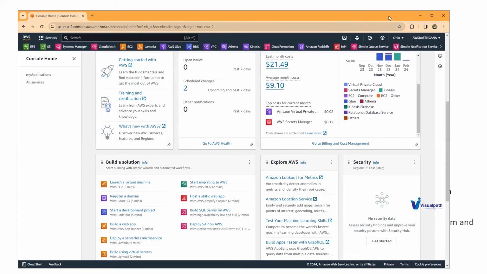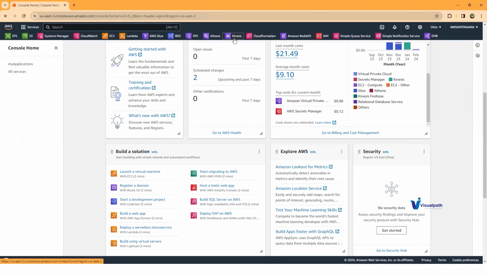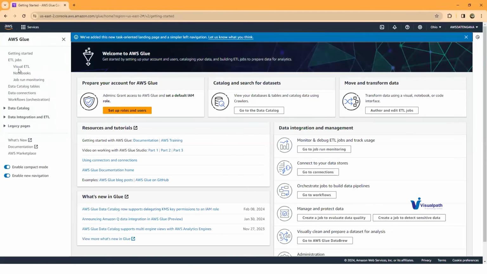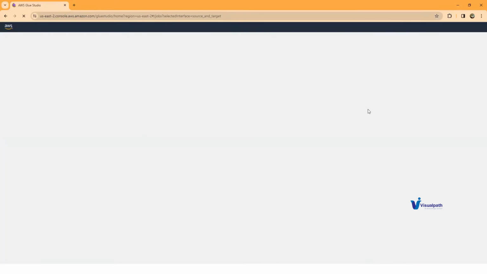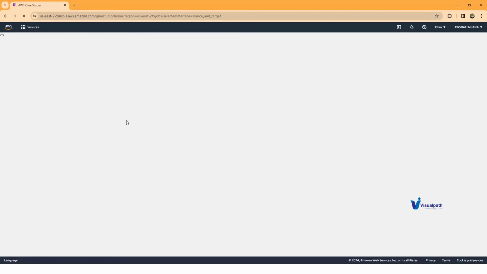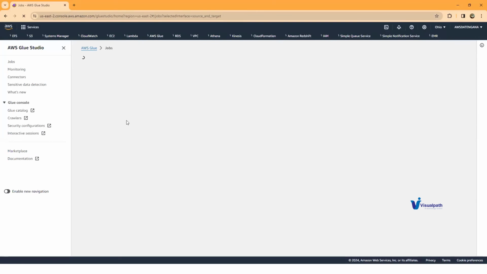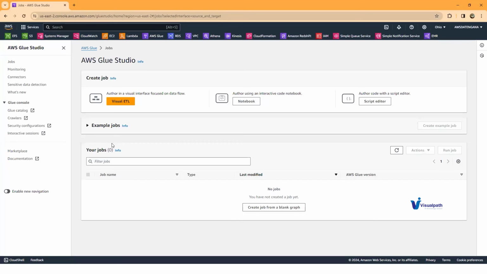See here. When you go to AWS Glue, you have something like Visual ETL. You see here, Visual ETL. This is the thing you can use directly for creating those particular jobs here in Glue. There are so many jobs that have been developed.